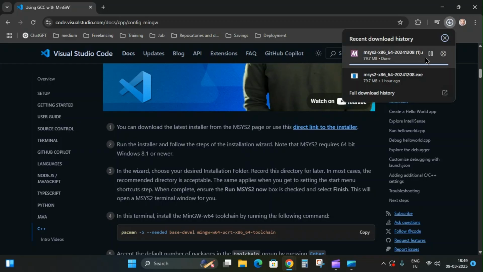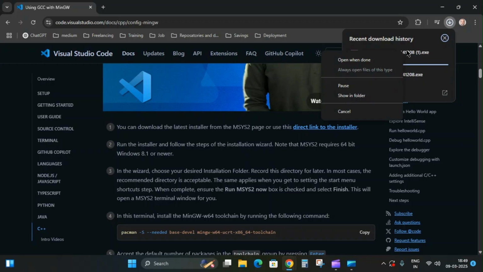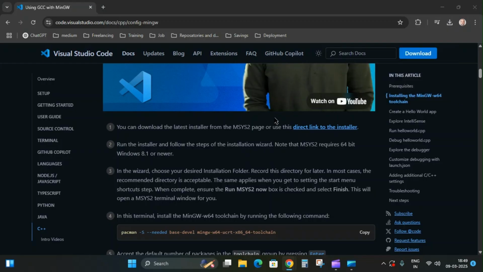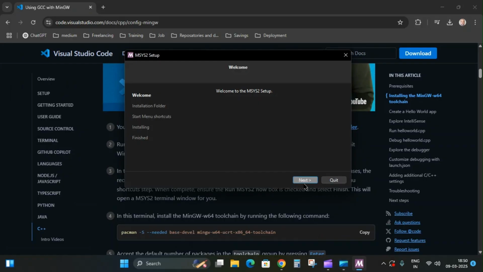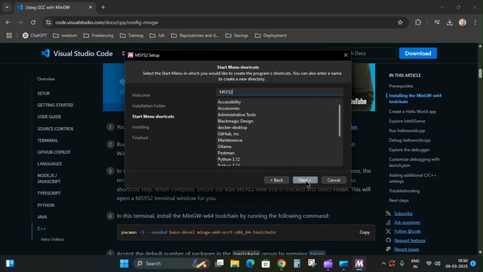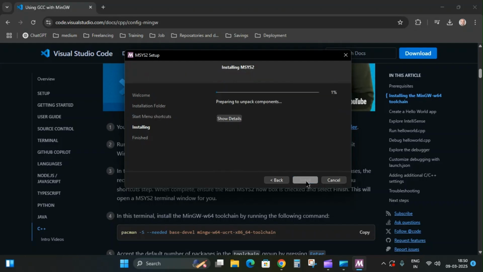After that, you can right click and open when done. So after downloading, the file will be opened automatically. Press next, next, next, and the installation starts.